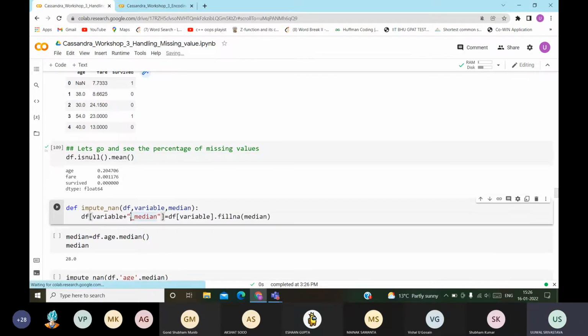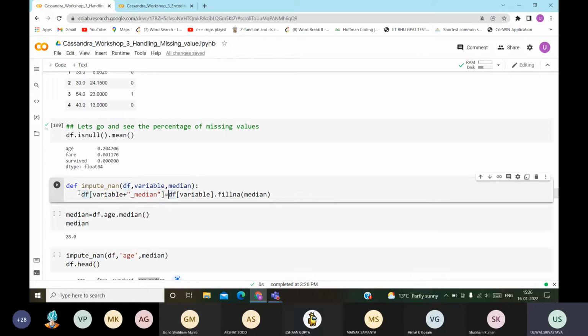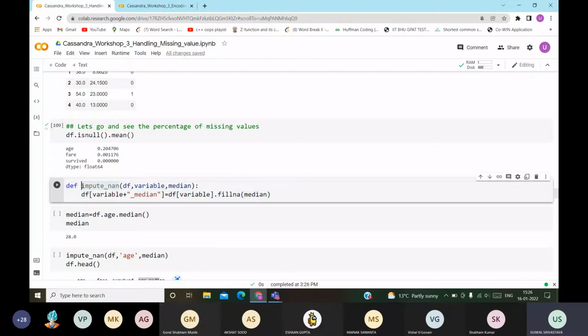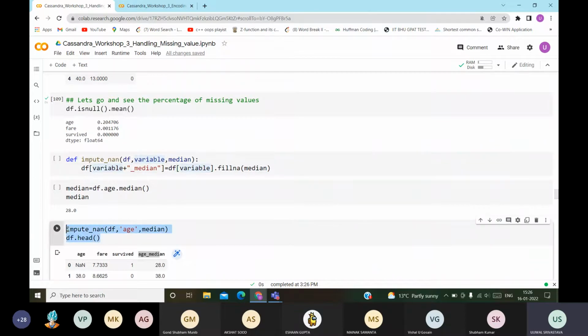So now let us see. This is actually creating a function in Python. Basically you write the keyword def, then this is the function name impute_nan, then these are the parameters that you pass from the calling function, and this is the code for the function. I will explain what this function is doing. Let us say I'm calling impute_nan from here. This is a data set. This is age that I want to impute, and what I want to impute with is the median of the age. So I'll call the function.